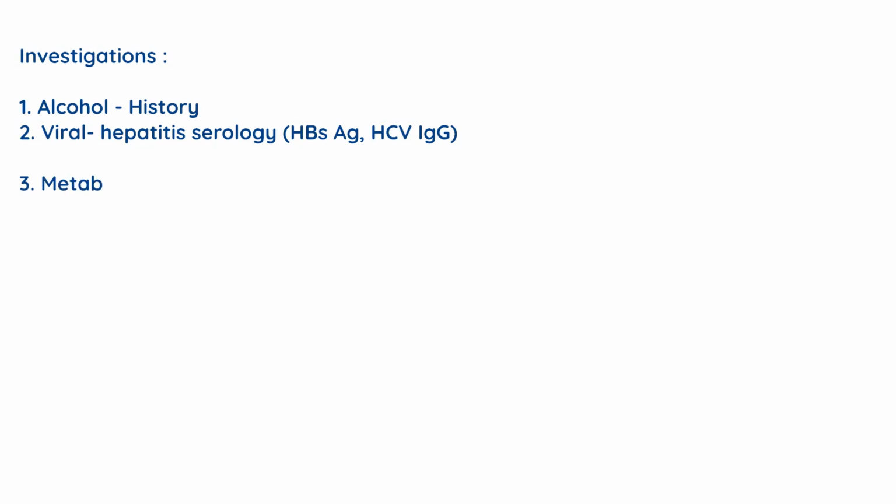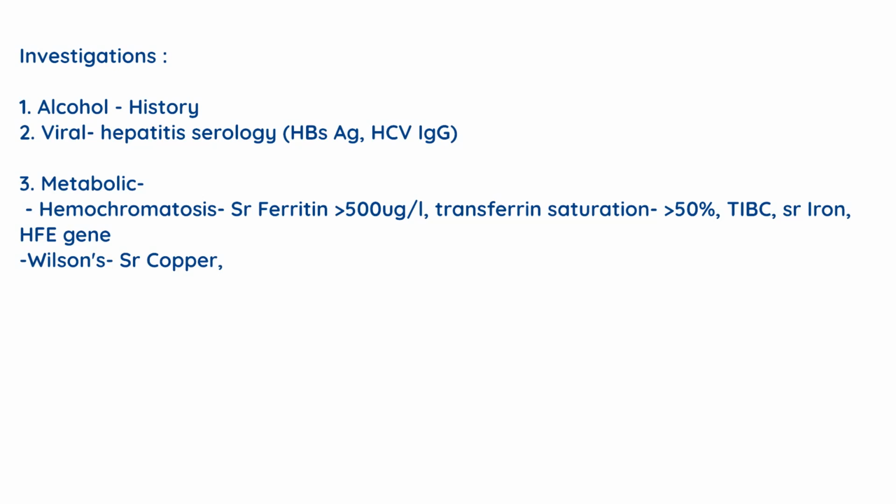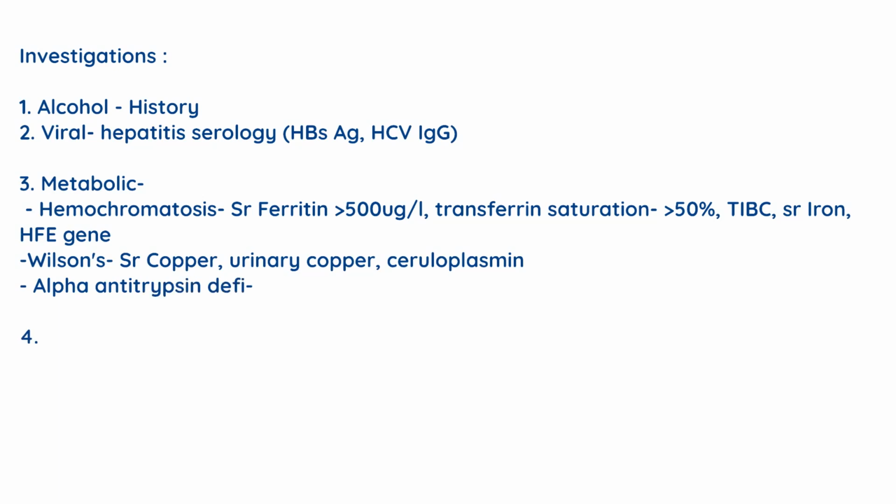Now, for example, if the examiner asks you for the investigations of this case, at this point of time you don't know, but you can give him a differential diagnosis. So how will you answer this question? You'll simply say that, doctor, if the reason is alcohol, we need to take a proper, detailed history from the patient. Also, the cause can be viral hepatitis, so to rule it out we need to do a hepatitis serology, including hepatitis B and C viruses. If the cause is metabolic, like hemochromatosis, we need to do serum ferritin, transferrin, TIBC, serum iron levels,